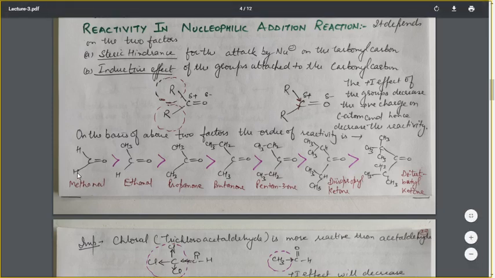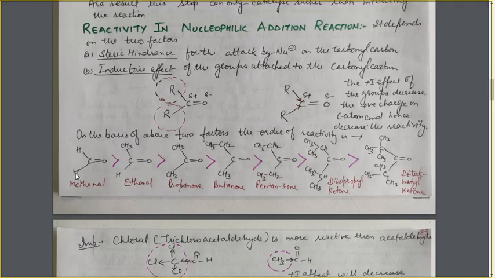In the case of methanal, there are two hydrogen atoms, very small groups, that is very little steric hindrance or no steric hindrance for the nucleophilic attack, and the hydrogen atom is having a very weak inductive effect or negligible inductive effect. That's why it is the most reactive one. Here there is one CH3 group, the steric hindrance increases a little bit, and also the inductive effect. There are two CH3 groups, again the inductive effect and steric hindrance increase. Here the size of this group is increasing, that's why the reactivity further decreases.